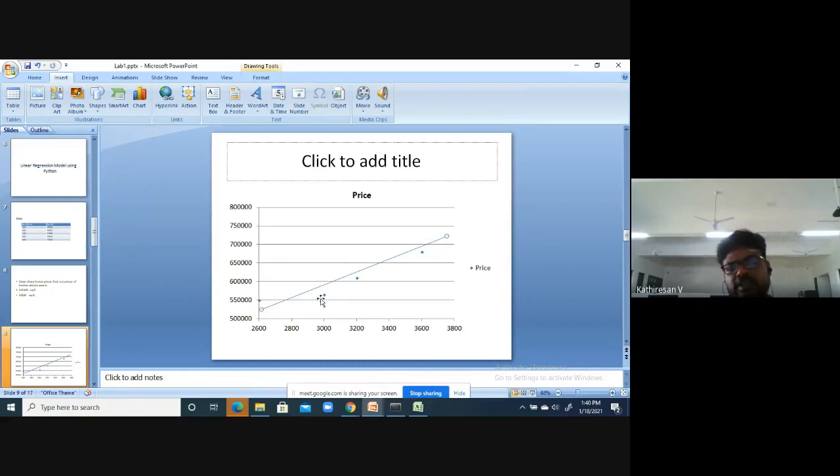Okay, see, if you have this line, how do you identify error? See this difference, right? The distance between this line point and this data point. Okay, this is data point, this is a line point.